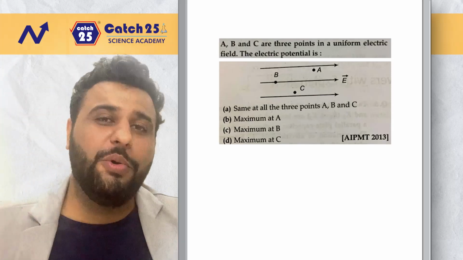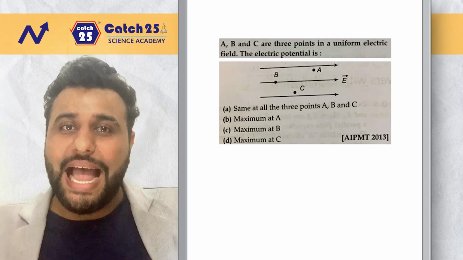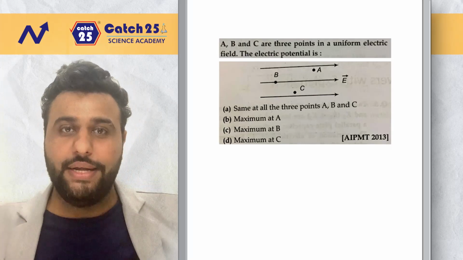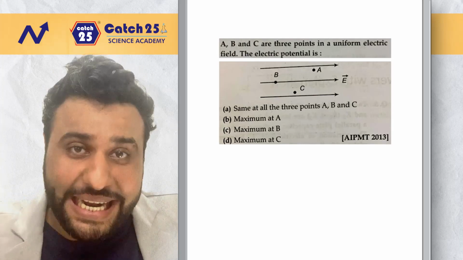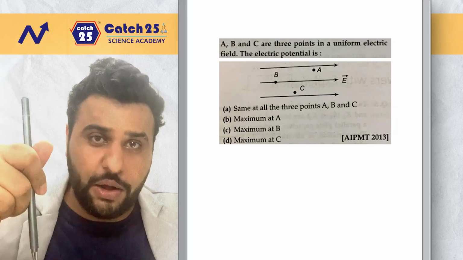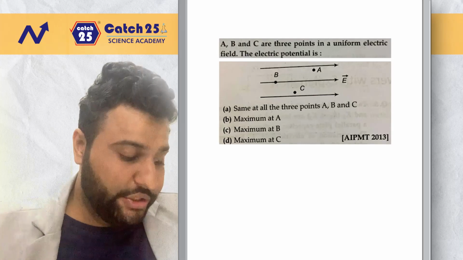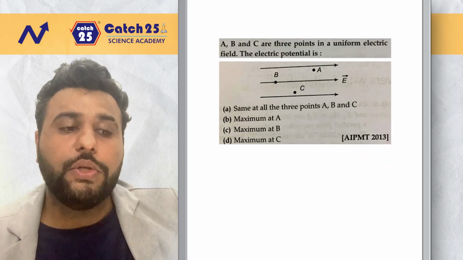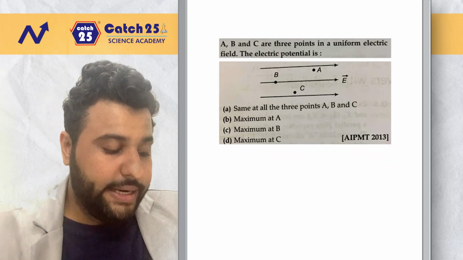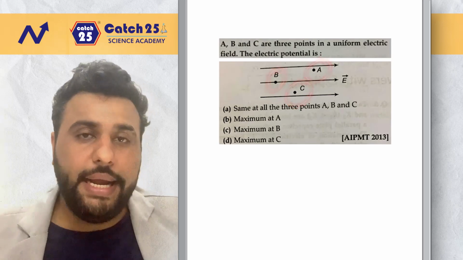Okay, now if you do not know, one golden statement is potential decreases as we keep going along the field. Listen to the statement again. Potential decreases, means going down, as we go along the field. Now the electric potential, as I go across, means as I go like this, it goes on decreasing. So in that case B comes first, C comes second and A comes third.